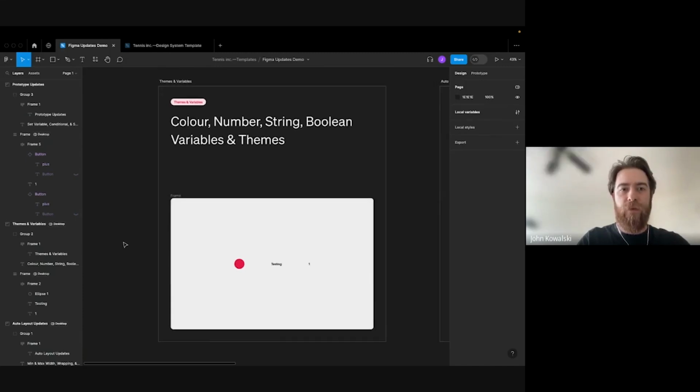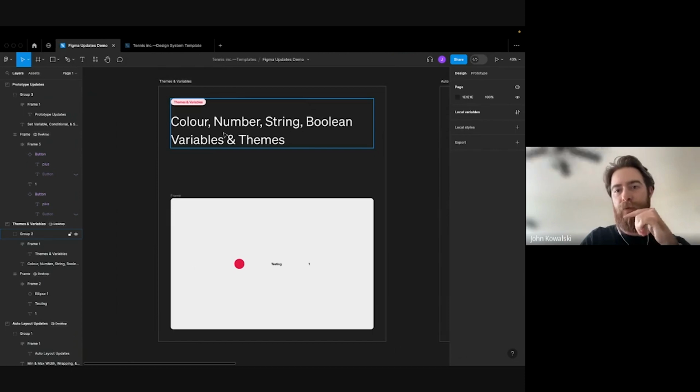So yeah, we'll get started with the first one, themes and variables. I've highlighted the big points of each one. So, themes and variables,